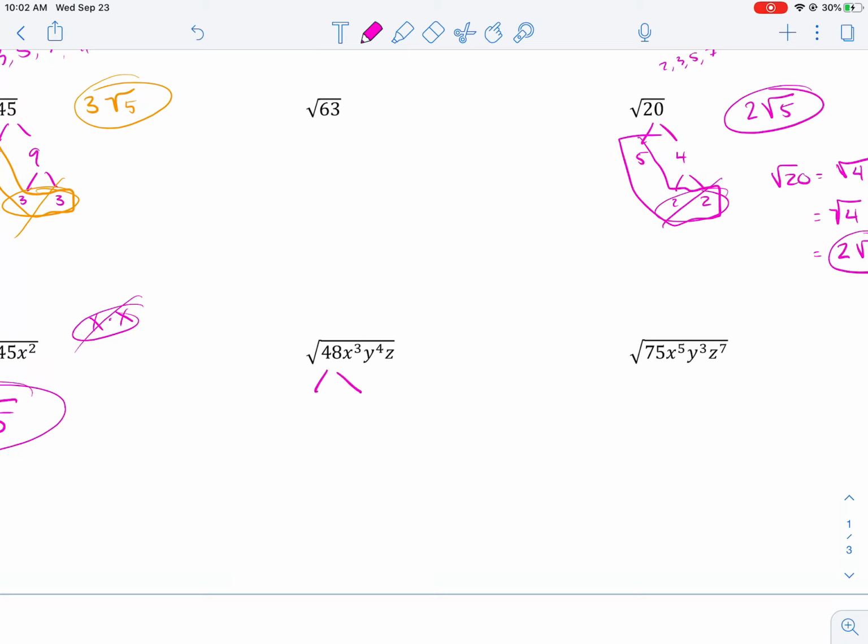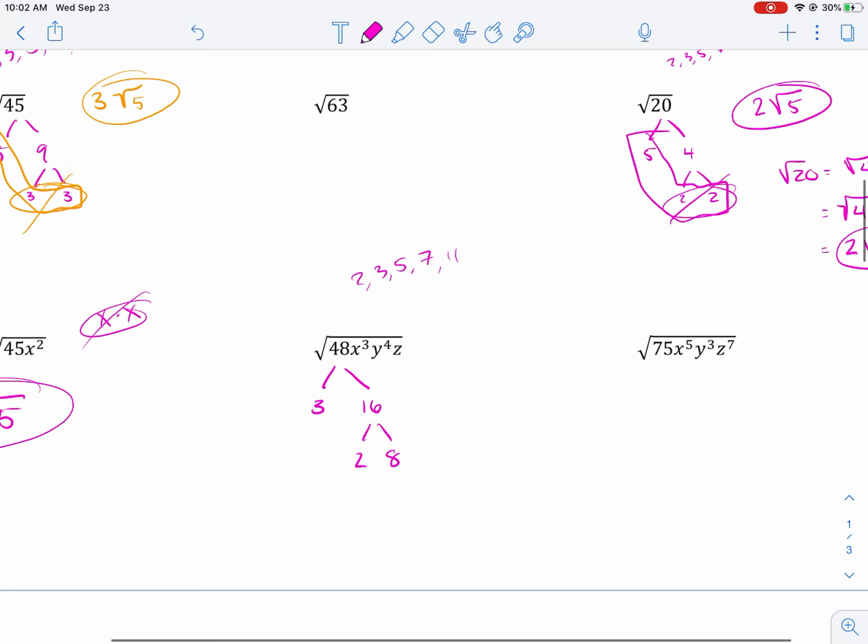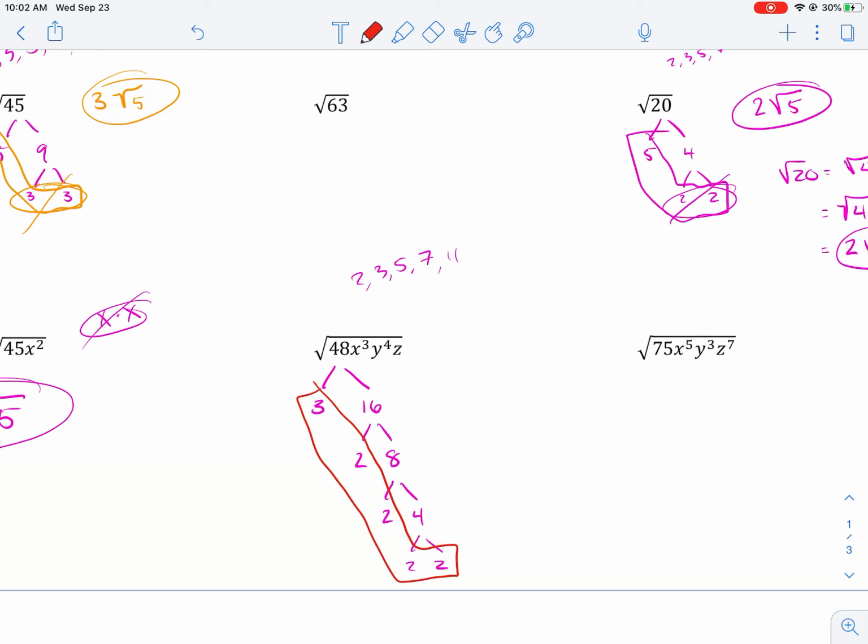So 48. Okay, so 2, 3, 5, 7. So I know a 3 goes in there. That's 3 times 16. I know a 2 goes in there, so 2 times 8. I know another 2 goes in there, it's 2 times 4. 2 times 2. Here's our hockey stick. Circle your pairs. When you cross them out, bring them out. So we got 2 times 2. Write it off to the side here, so 2 times 2. And the 3